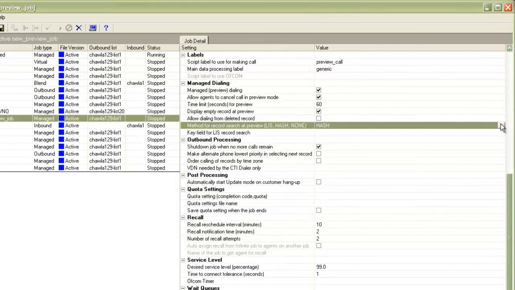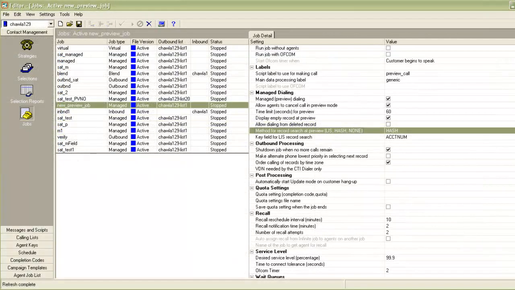Now coming back to our job, when you use this hash method and the agent tries to search for a customer's record, he should search on the account number field data, and for searching it will use the hash file which we just talked about. Let's quickly see a demo here. So I set this to hash method,